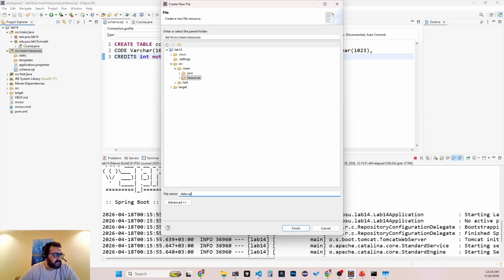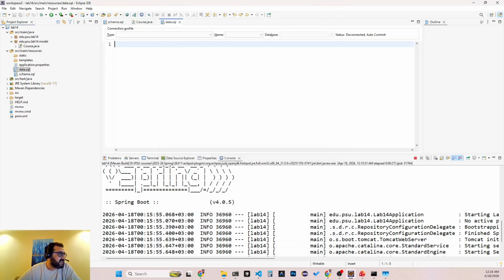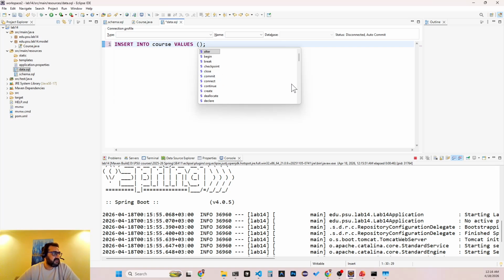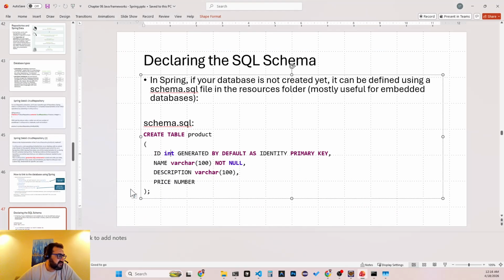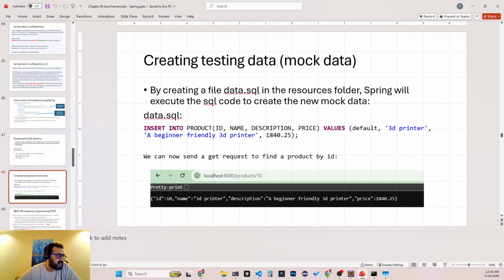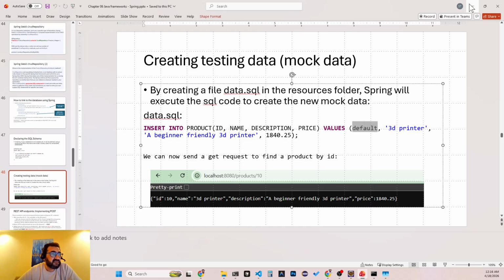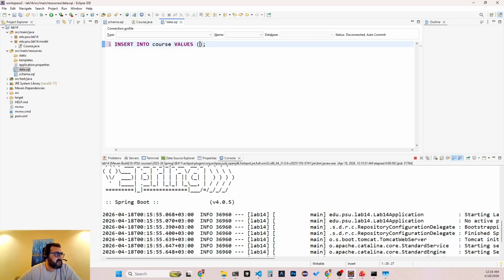Okay, so we create data.sql. Same thing here. Spring is expecting to find a file named data.sql, insert into course values. I think that's the syntax. I will just verify. Insert into. Okay, I need to add the columns and then values and then default for the ID. Okay, so here